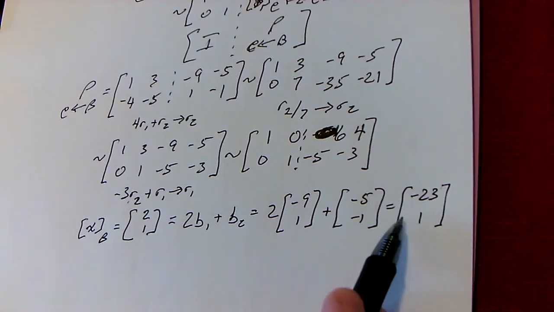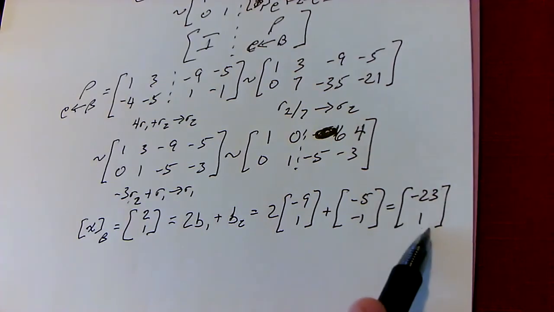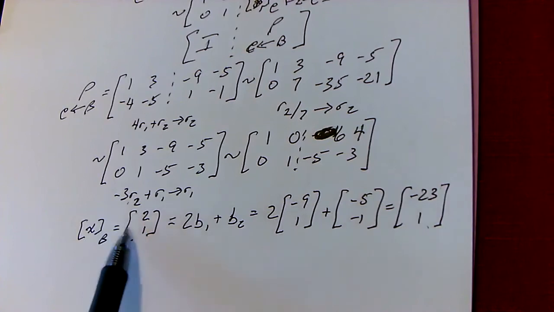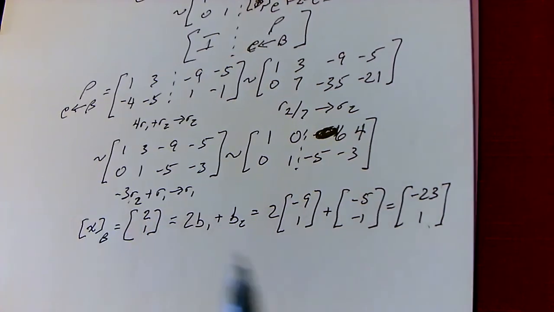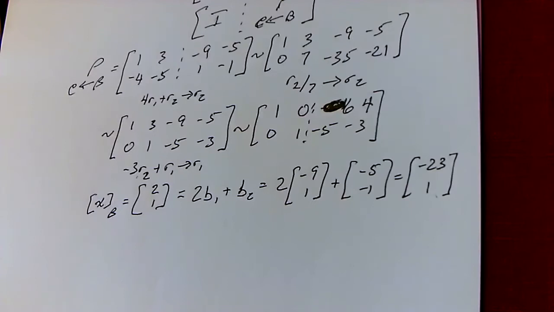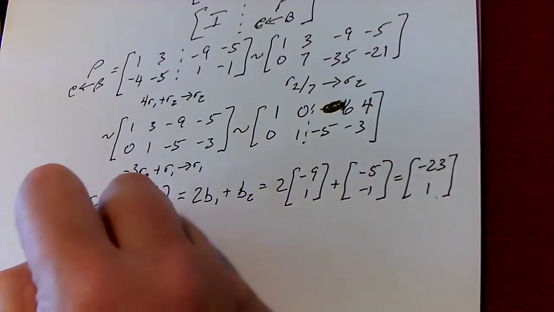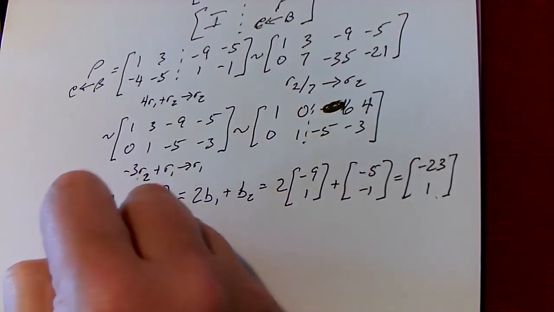So the vector that I have to start with is (-23, 1). Its coordinate vector is (2, 1). You can see why (2, 1) can be a lot easier to deal with. Okay? Now, if we look at it with respect to basis C,